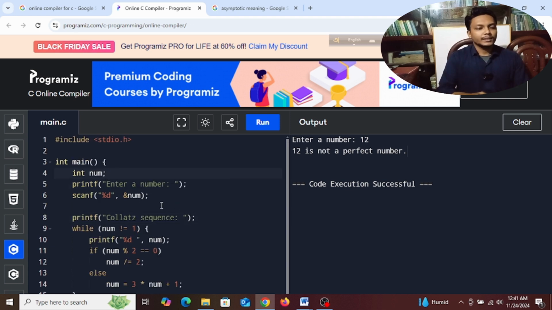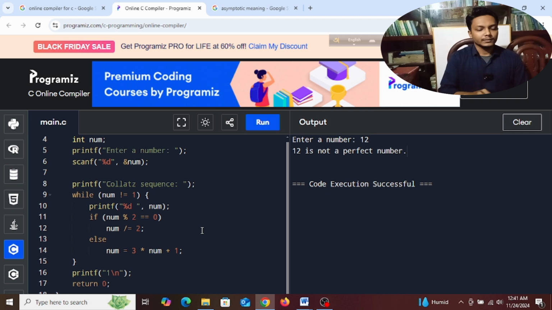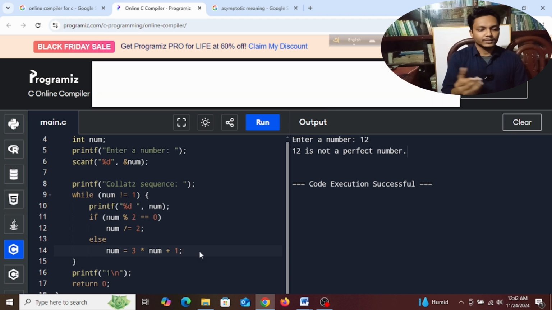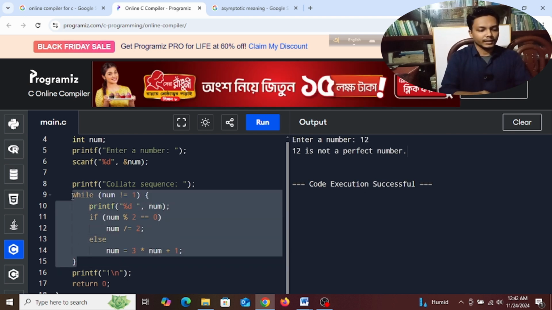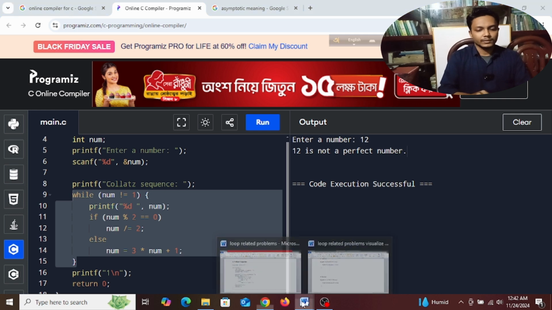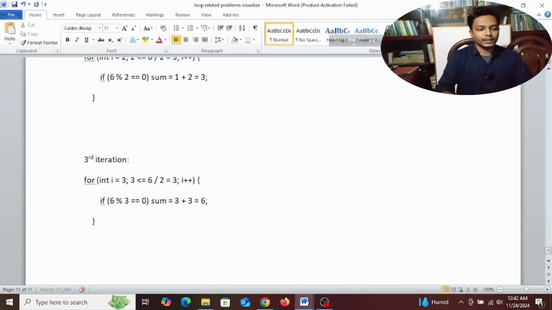We are taking input from the user, and now we are writing the Collatz sequence. While number is not equal to 1, we print the number. If number modulus 2 equals 0, then number equals number divided by 2, else number equals 3 times number plus 1. So it's simple, guys. We can realize what it actually does. If you want me to help you visualize this,